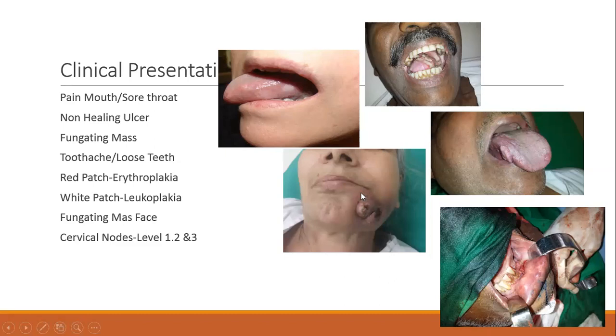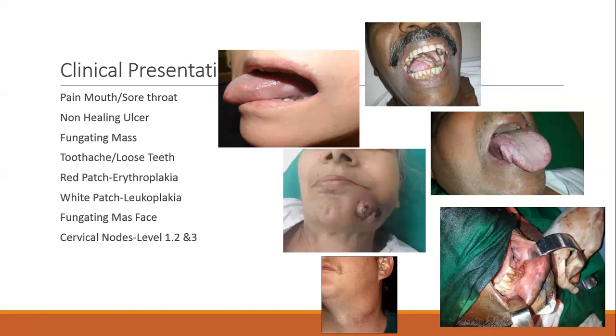Okay, so these are various presentations in the oral cavity: ulcer, fungating mass, ulcer near the gums, and sometimes they present with a very advanced tumor with a fungating mass on the cheek, or the skin of the chin, or the cheek, or the face, right? Now, this is a lymph node, which is obviously visible on inspection, but sometimes lymph nodes are not visible on inspection. You have to examine the neck. So whenever you examine the oral cavity, oropharynx or larynx, neck examination is a must. This is a question we often ask in exams. So please do not forget the neck examination.